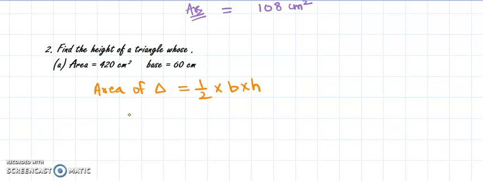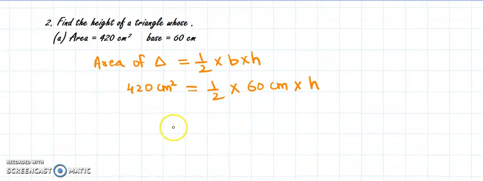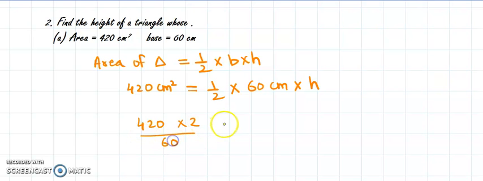Now this time they have given the value of the area of the triangle, so let us substitute that value. 420 centimeter square is equal to half base, that is given to us as 60 centimeter, and dear students, we have to find the value of height. So let us start transposing the things first of all. 420 remains here only, and 2 will go in the numerator and 60 is going to come in the denominator, and the remaining thing will be h. Let us start simplifying it properly.